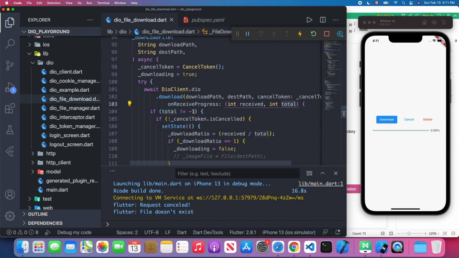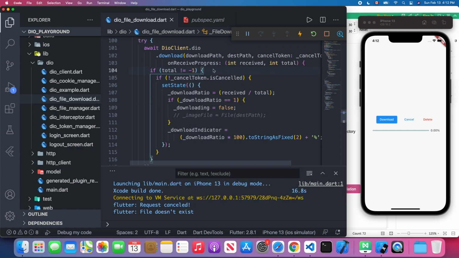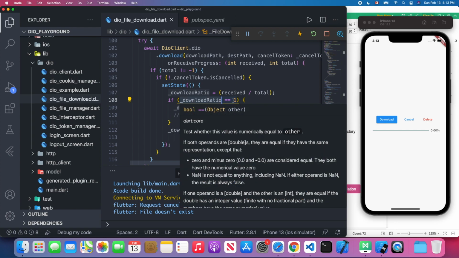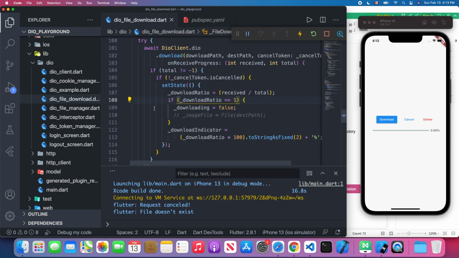So if the total equals -1, that means we don't have any error. So we could start downloading the file, and we will check if the cancel token is canceled. If it's not canceled, we're going to change the state for this progress indicator. First we will change this download ratio by assigning it the received divided by the total. If the download ratio is equal to 1, which means we finished the download, we're going to change this downloading to